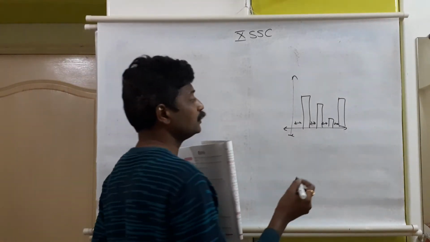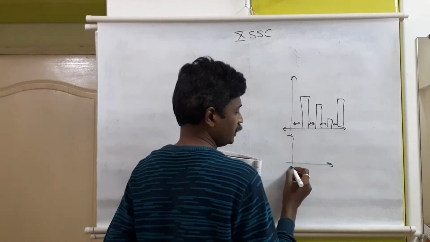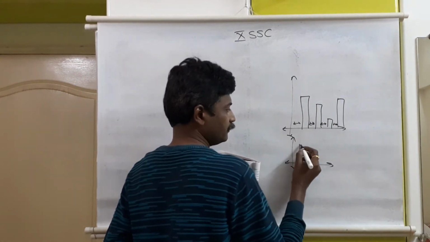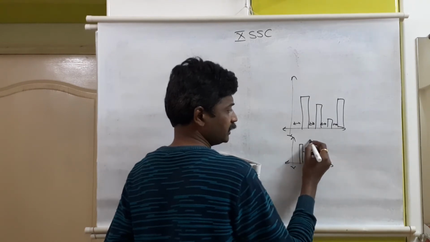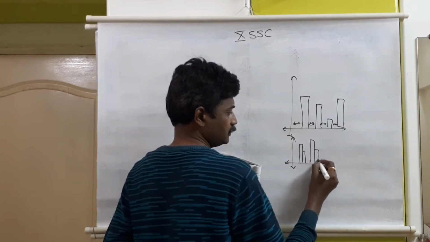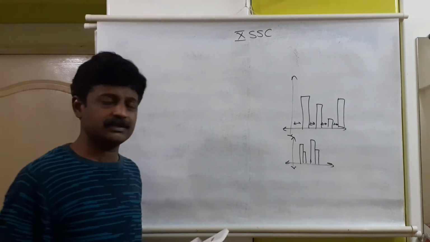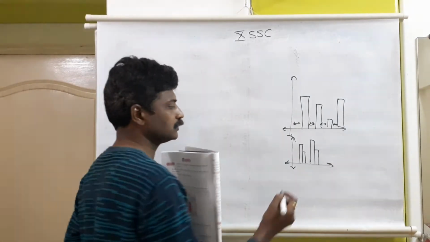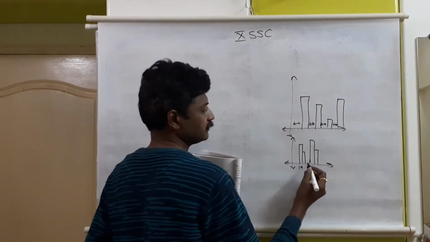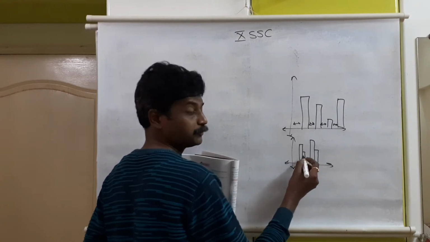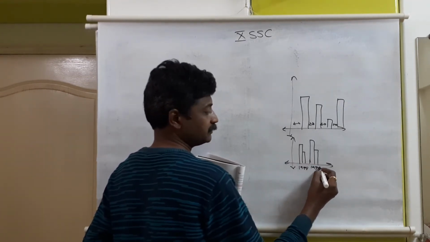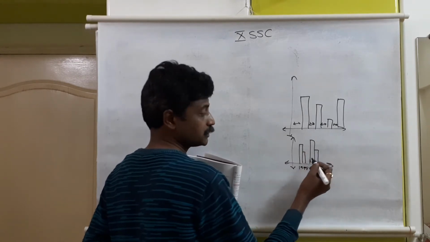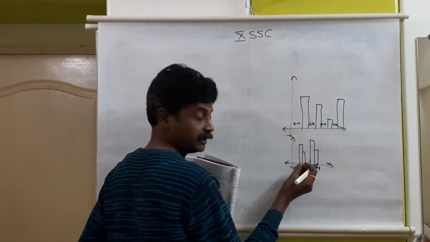In bar graphs we have the joint bar graph. A joint bar graph will be in this way. For the first class, suppose in a particular year, the production of jowar and wheat. So for 1978, the production of wheat and the production of jowar. For 1979, the production of wheat and the production of jowar. So they are joint bar graphs.